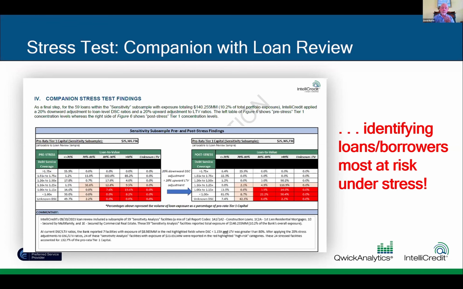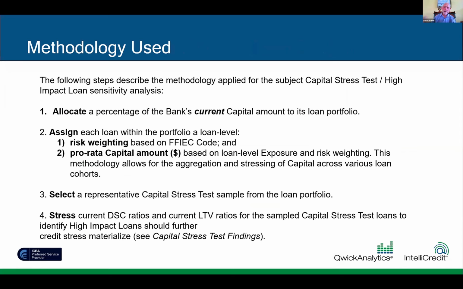Based on the FDIC white paper that we built some of this around, it is the proportionate impact on risk-based capital associated with those various subsets of your loan portfolio. And of course, it's basically a pre-stress environment and a stressed environment. The methodology we use, and again, we don't have this available in do-it-yourself format, but I'll briefly share it.